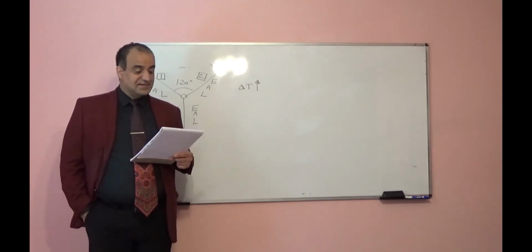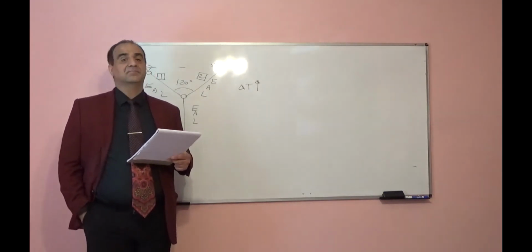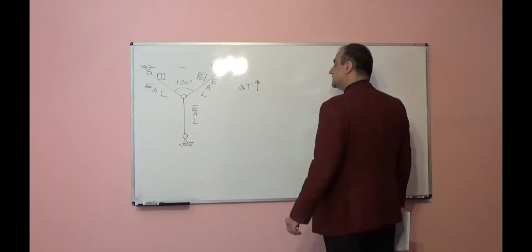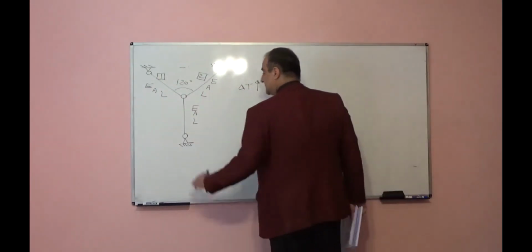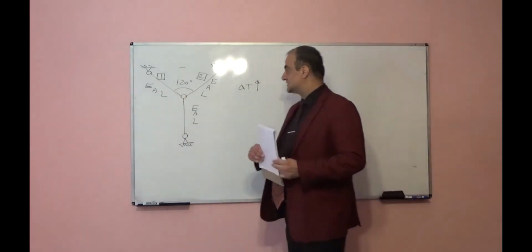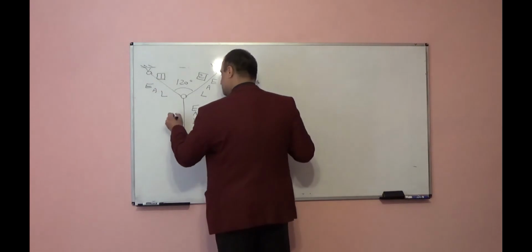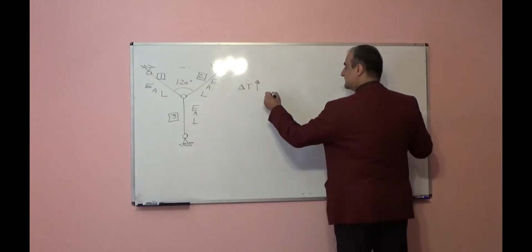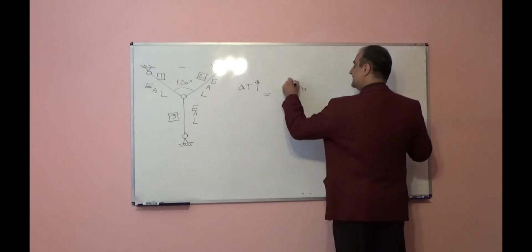Determine the internal force in each member. We want to find the internal force in each member. If we didn't have this member, what would we have? If we increase the temperature in member 1 and 2, and we don't have the third member, what will